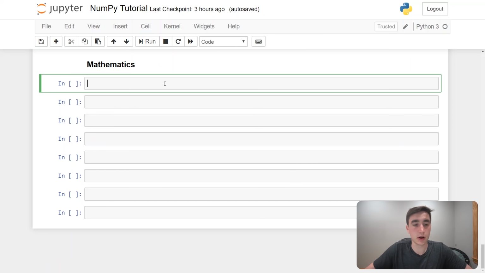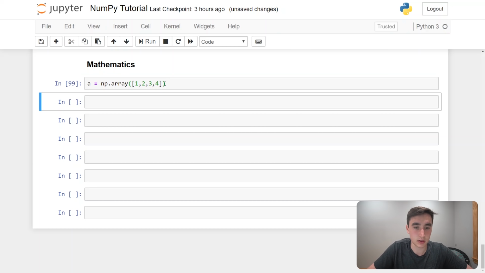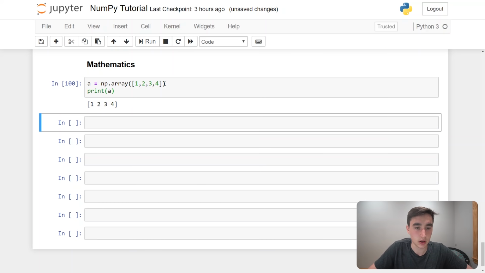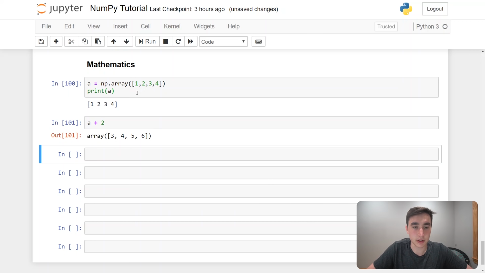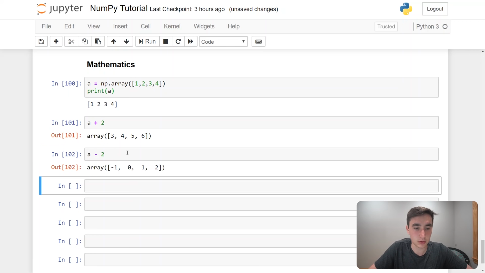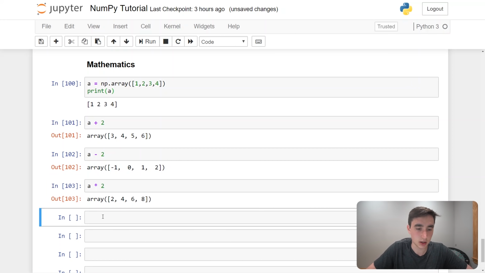Okay, so one of the big uses of NumPy is all of the math capabilities it offers. Just to show some of that, one thing it can do is element-wise arithmetic: addition, subtraction. So here we have A, print out A, and if I wanted to do something like A plus 2, it adds 2 to each element. You can do A minus 2, which subtracts 2 from each element, A times 2, as you can see, A divided by 2,